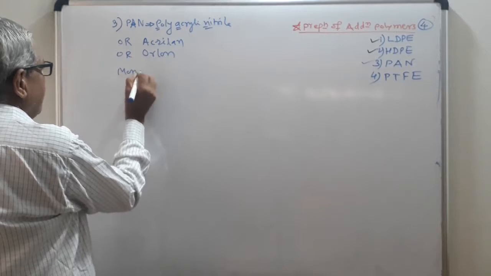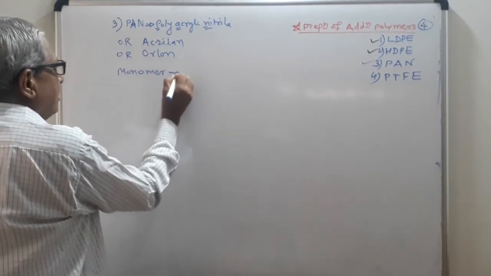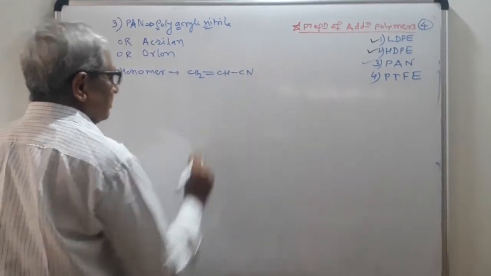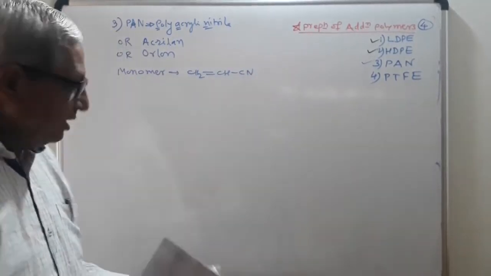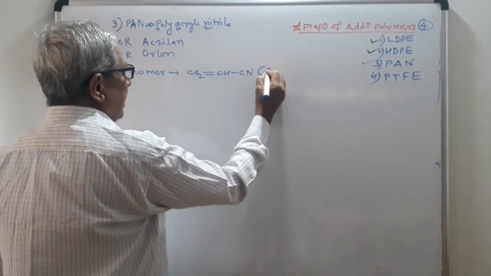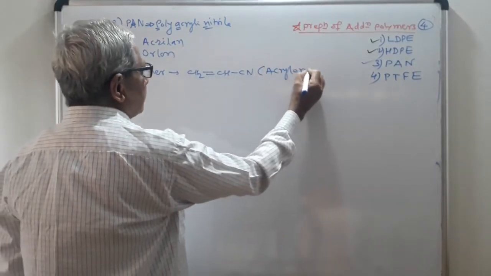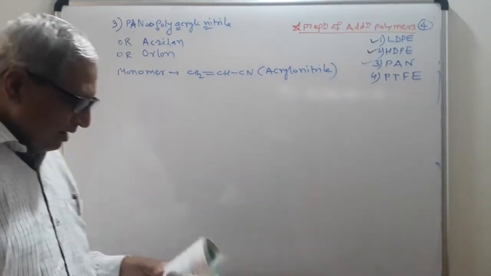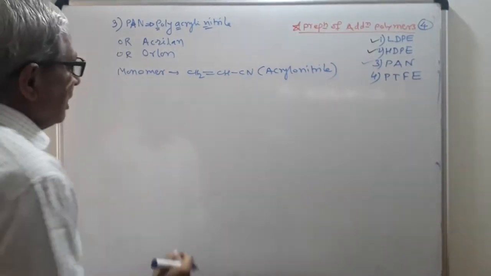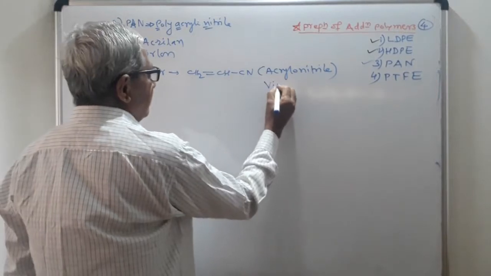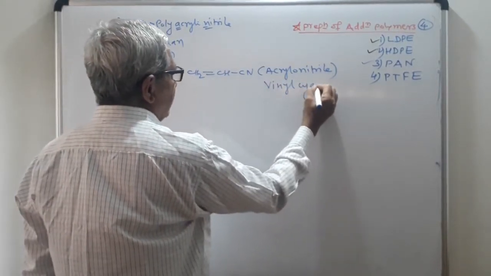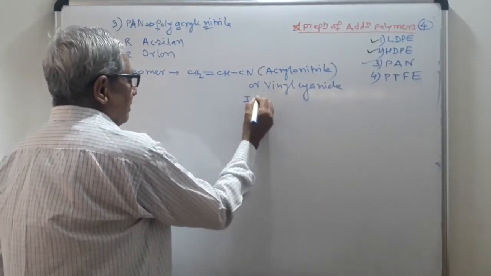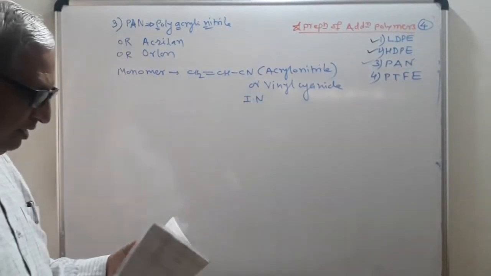Here the monomer used is CH2 double bond CHCN. This is the monomer, and the name of the monomer is acrylonitrile. It is also known as vinyl cyanide. The IUPAC name of this acrylonitrile is